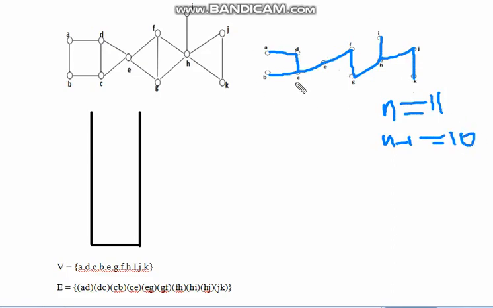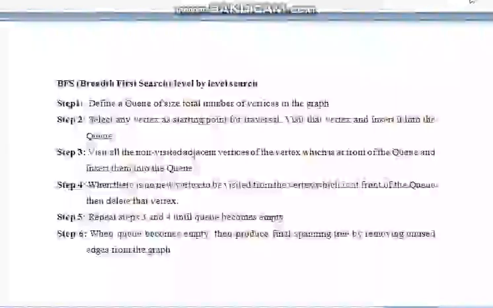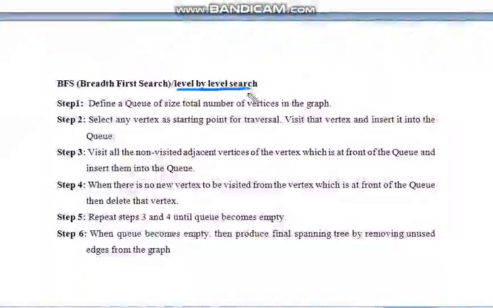Then this is your output of graph traversal DFS. I think everyone understood how DFS works. Now BFS, breadth first search, or level by level search. So here we are using a queue as a data structure, whereas in DFS we are using a stack, and the common point